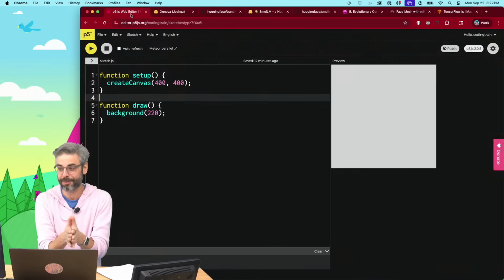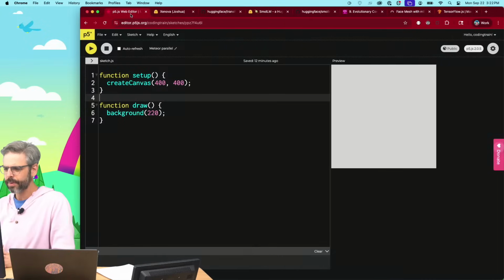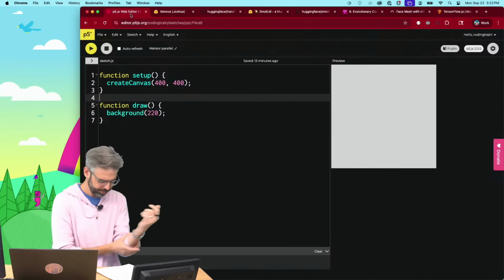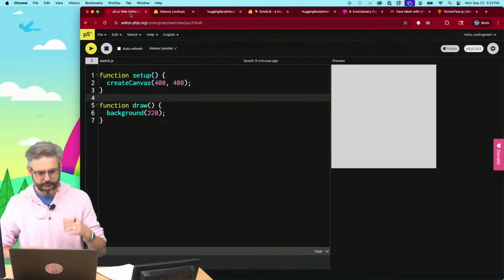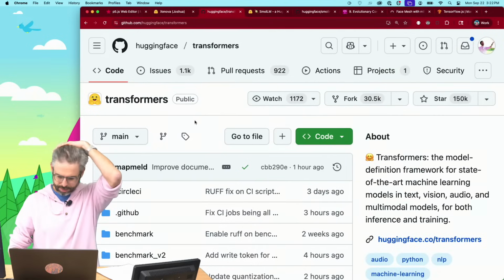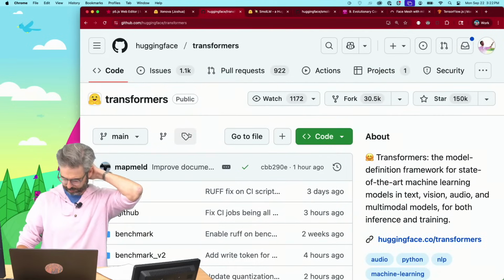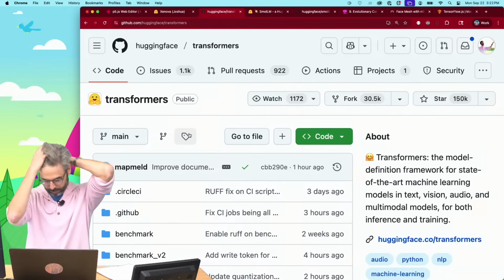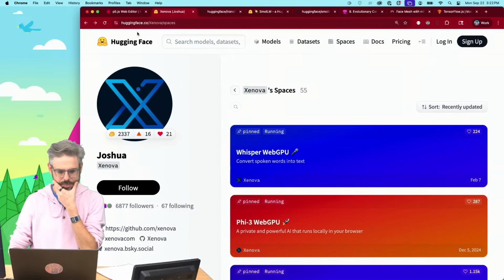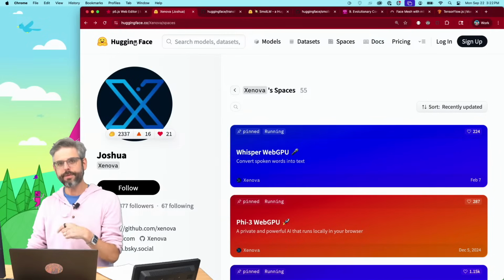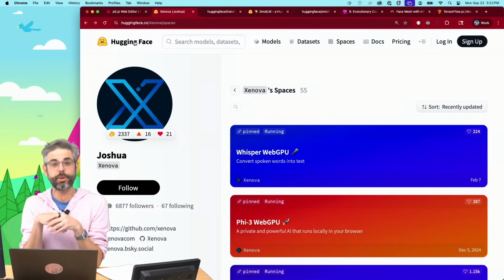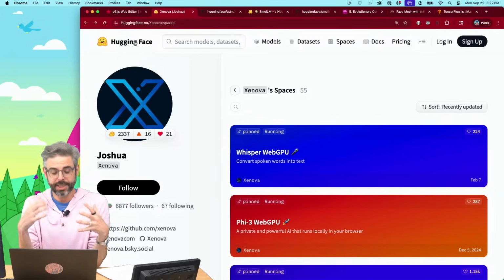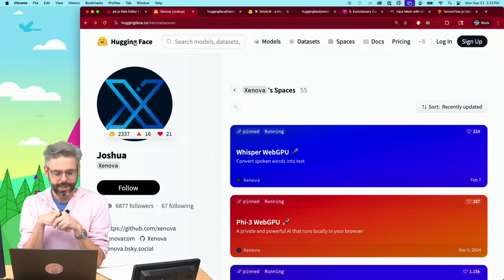That's what I'm hoping to do. One of the reasons why I think using the Hugging Face ecosystem in combination with p5.js makes a lot of sense is that Hugging Face really